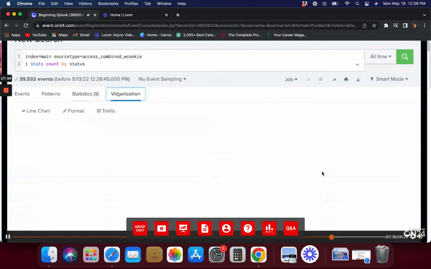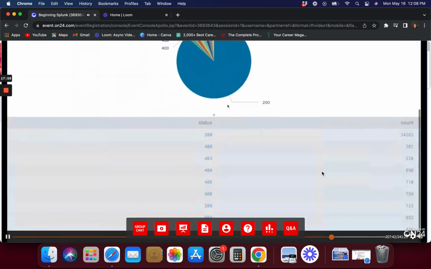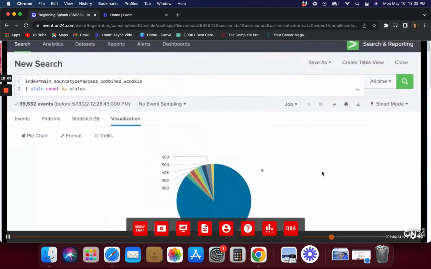Okay, let's go to visualization. Let's actually pick a pie chart. So I have the pie chart and then I also have the table underneath. The scheduling thing is very, very important in Splunk because you will use this when you schedule your alerts, because